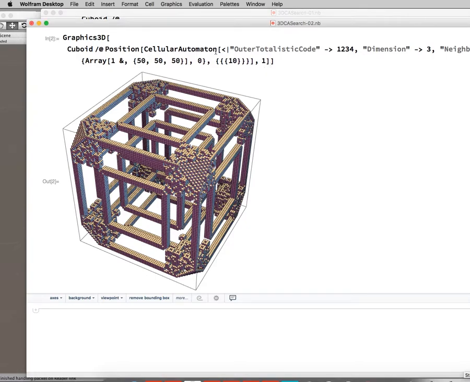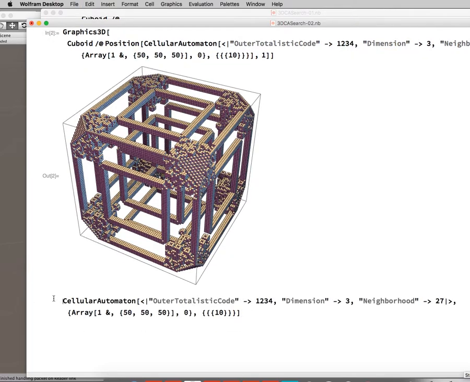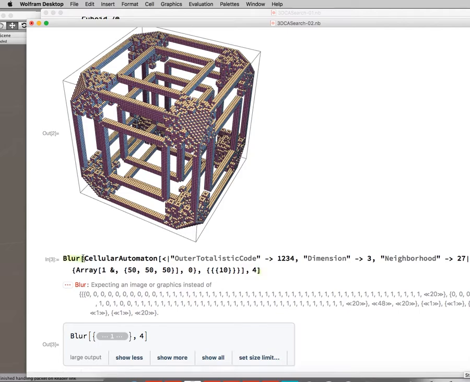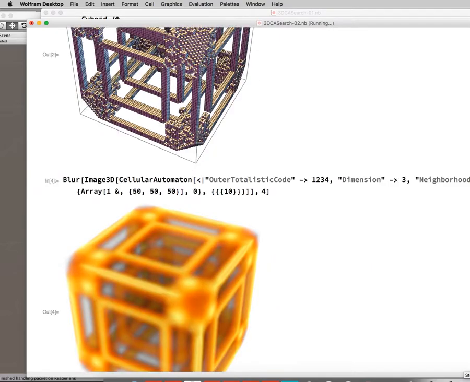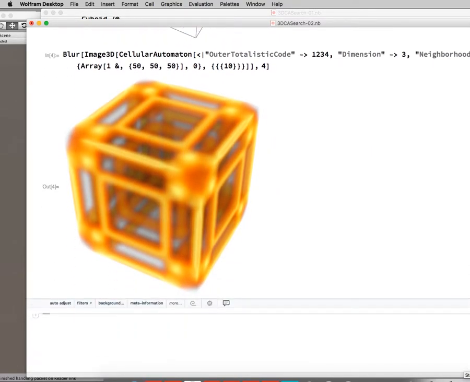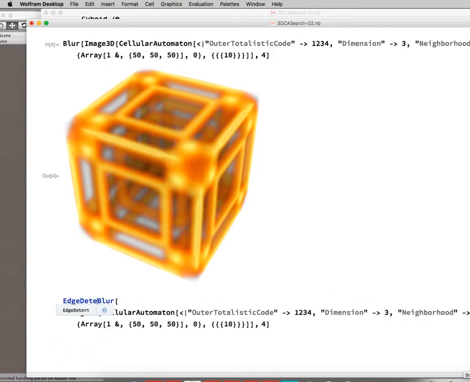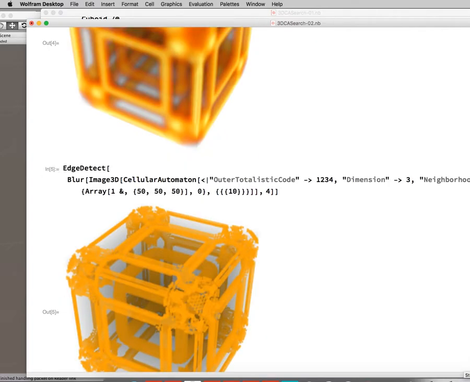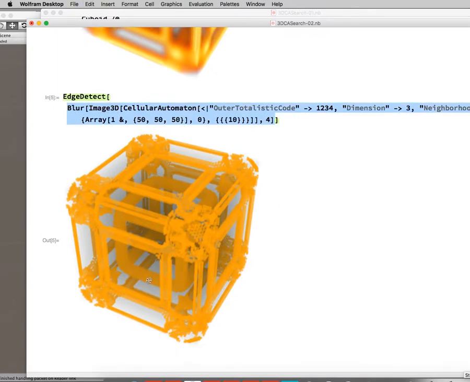Okay, so now what we were doing before was we were taking this and we said blur that by like 2 or 4, let's say. Oops, blur the image 3D of that. No, we don't need that. We just need that. There we go. There's the blur of the image 3D. And now the first thing we did there was to say edge detect that. And that just gave us something back that was like the previous thing. Then we said gradient filter. So having blurred it,